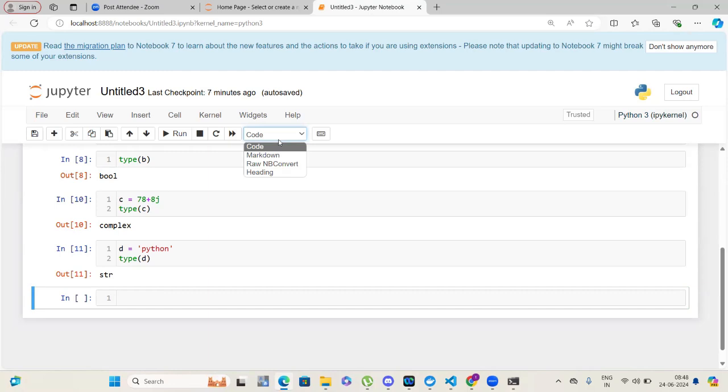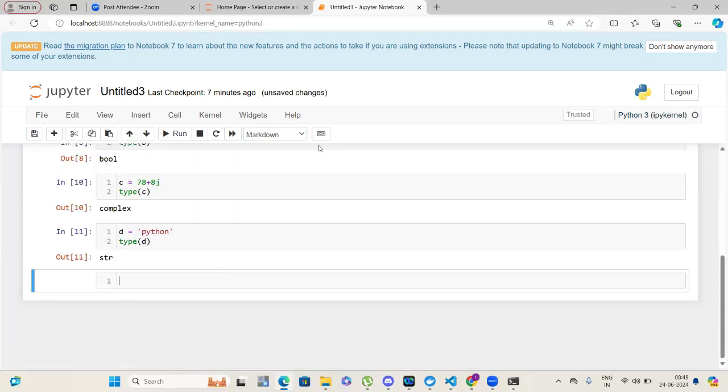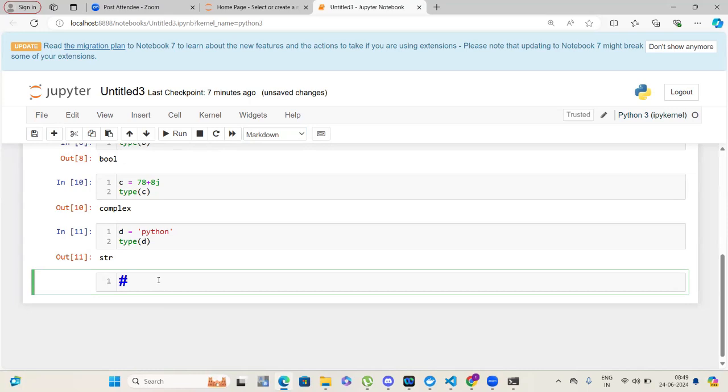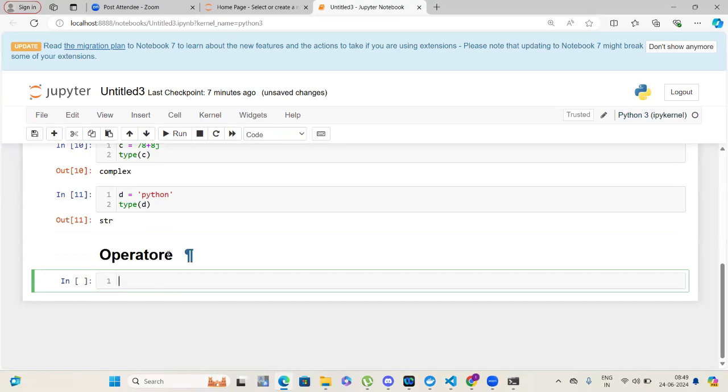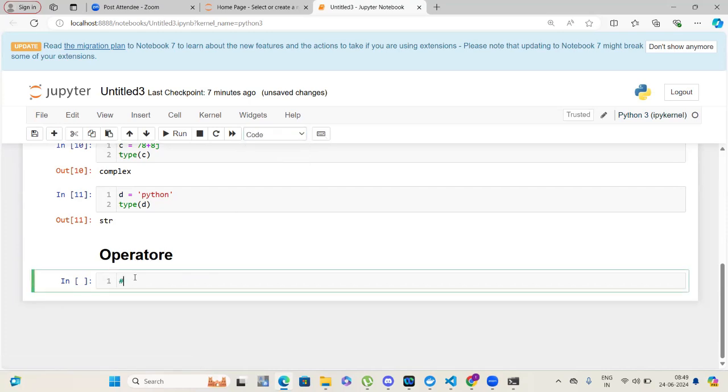Similarly, in a Python notebook also you can follow the same structure. Whatever you want, you write here, everything comes under one section, and you can keep a heading at the top. For the cell, if you choose markdown and press the hash symbol, you can keep the heading like this: operators. I am going to discuss operators now. Again, if you press double hash symbol,